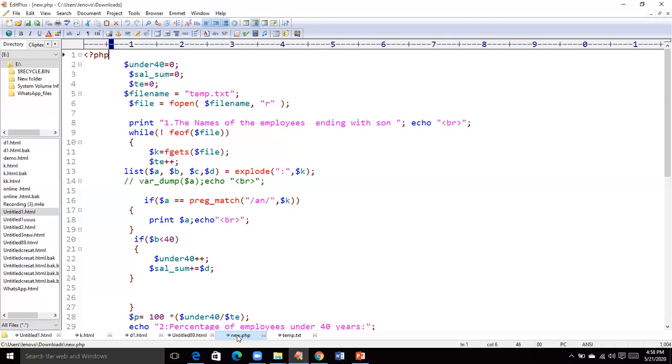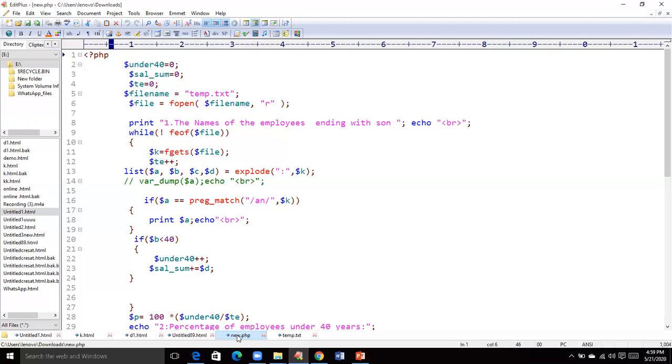So we want to separate names, separate age, separate department code, separate the salary. How do we do this? We use the method called list, and we take four variables: scalar a, scalar b, scalar c, scalar d, all in an array.